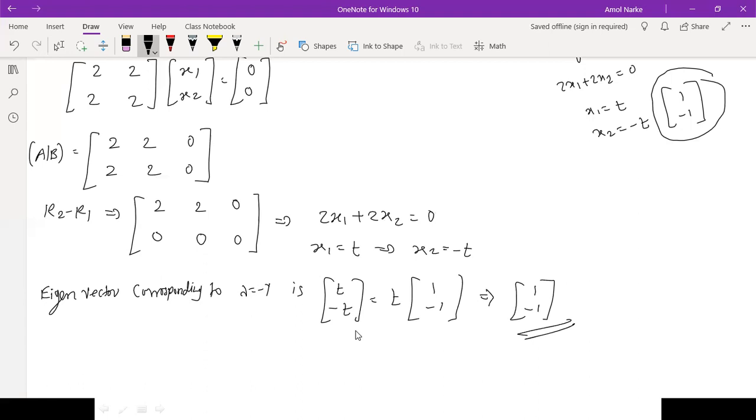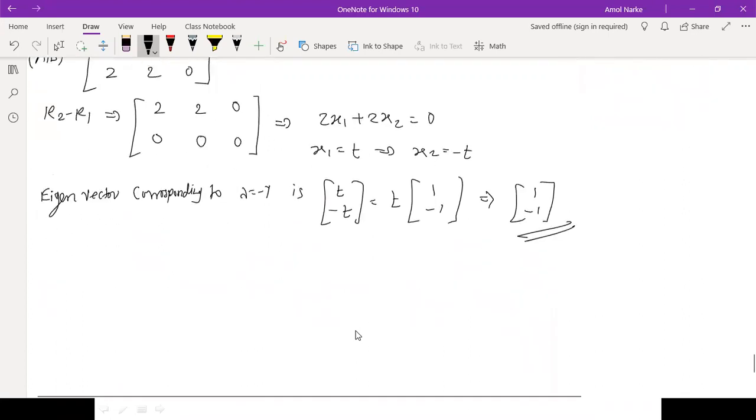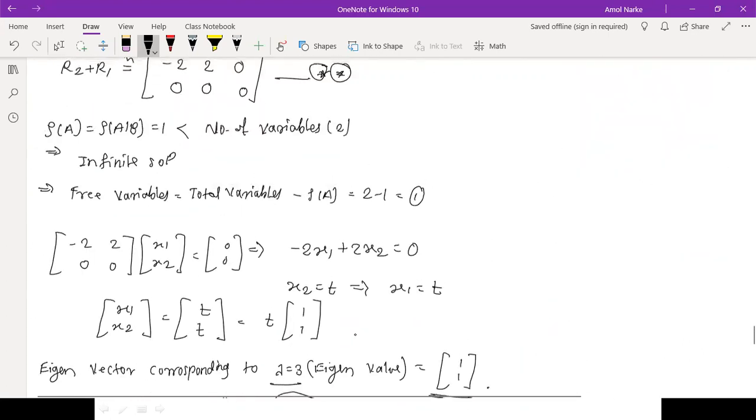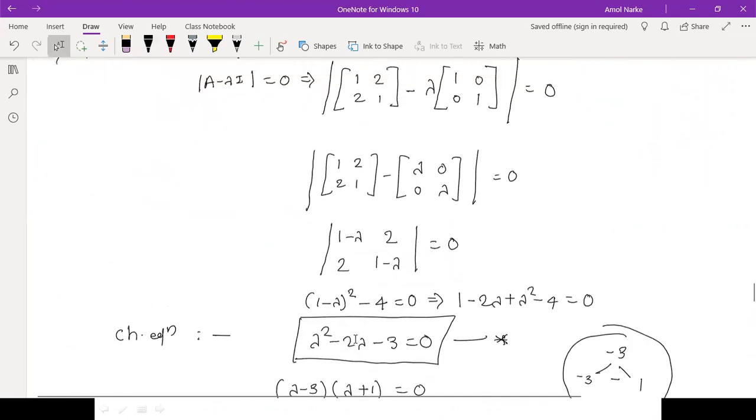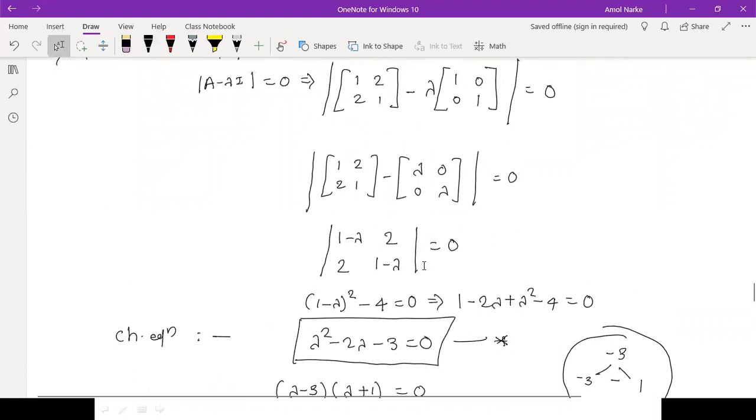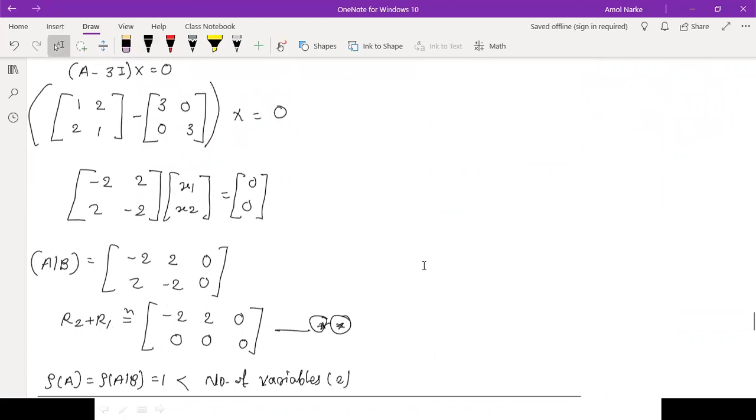So everyone got the idea of eigenvalues and eigenvectors? Any doubts here? Okay. Now see, when we have a 2 by 2 matrix, it's very easy to find its determinant. Here, for finding the eigenvalues, it's very easy because only 2 by 2 is there. When we have 3 by 3, then what happens? Let's see. So write down one remark.